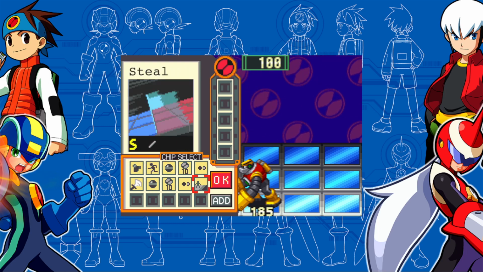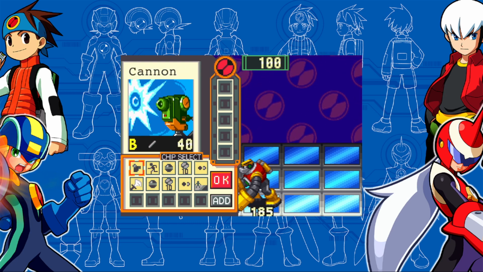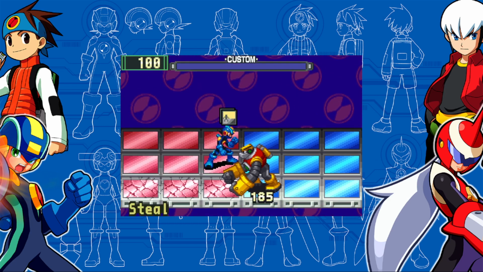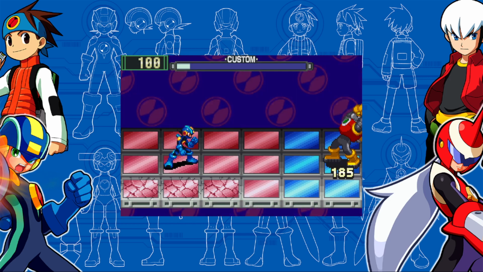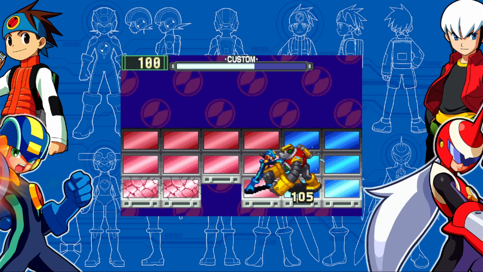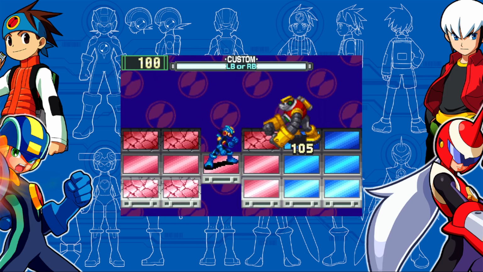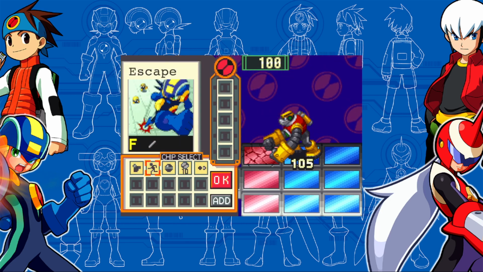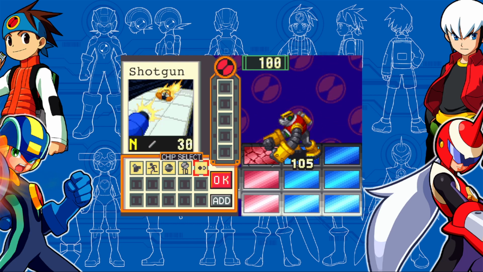We could do steel and wide sword. That's probably our best bet as far as hitting them with any of these. The shotguns might be decent as well. Invulnerability after getting hit. And yeah, we're down to 5 again because we picked chips, and this is still awful. Well,